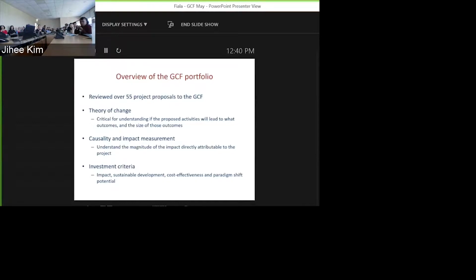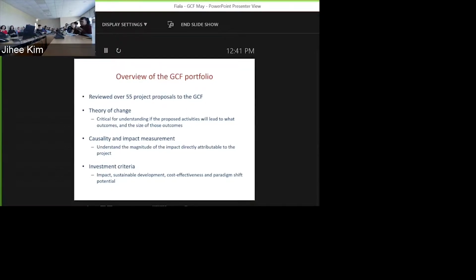Second thing I think is really important is the causality and impact measurement. A lot of the programs, and I won't be talking about them in too much detail today, assume that there's going to be some kind of activity, and that's going to lead to some kind of magnitude of impact, right? Well, what that is assuming is that it's a causal impact, that without that program, you wouldn't have seen that change anyway. And so that program is making an additionality, some kind of causal change to the world. I'll talk about that a little bit more in a few minutes, but this is a really critical part of understanding what impact evaluation is,